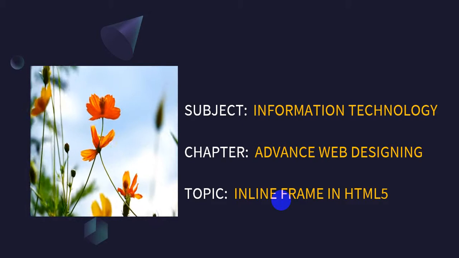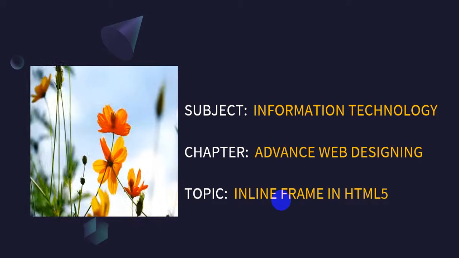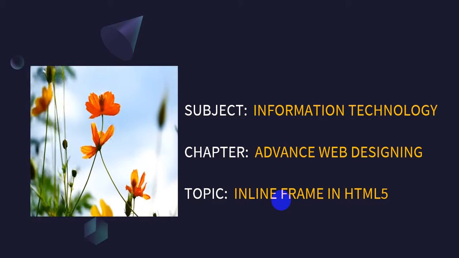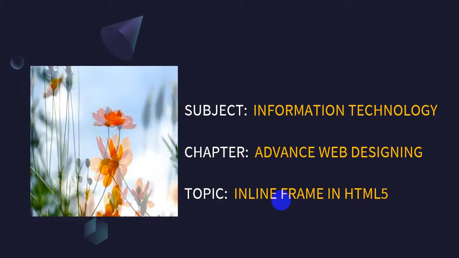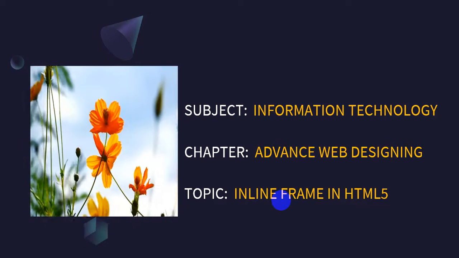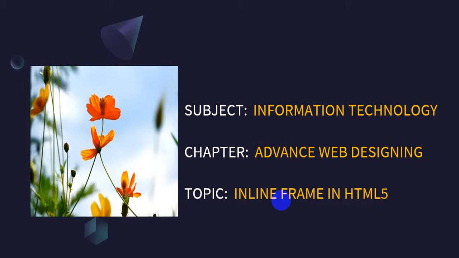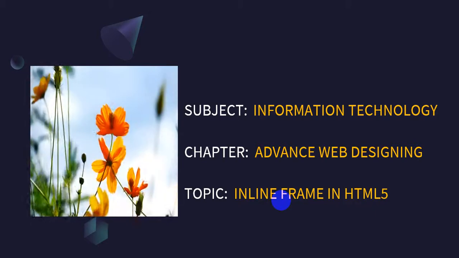So if you imagine that a single web page can have more than one frame or more than one advertisement, that type of section can be created in a single web page, and that section is nothing but a frame, and that frame is created by using the iframe tag given by HTML.